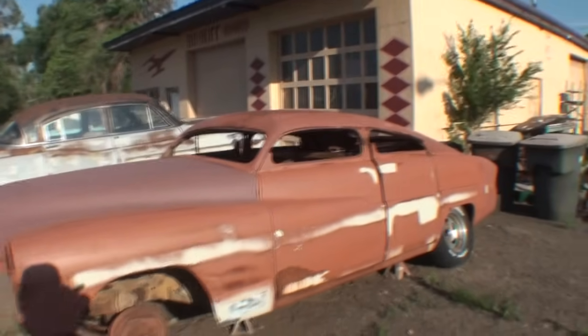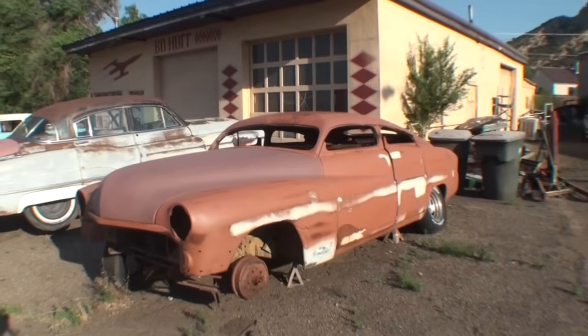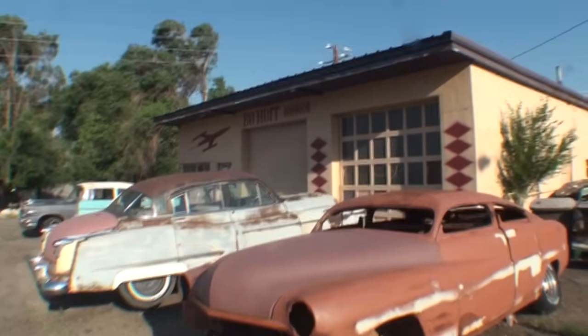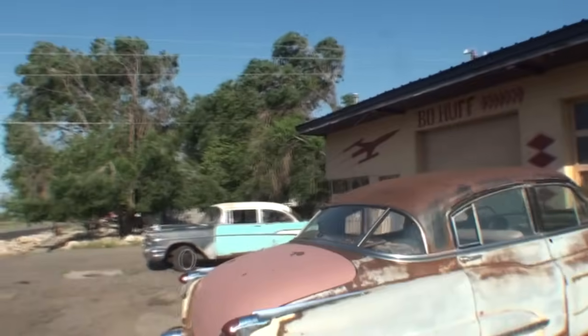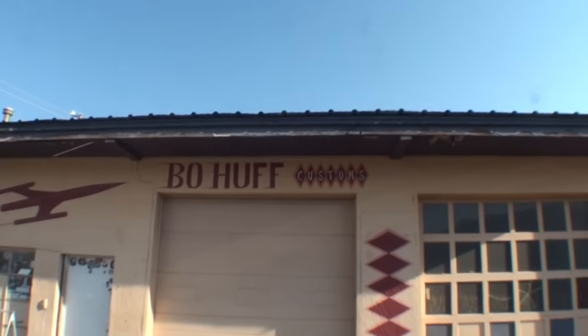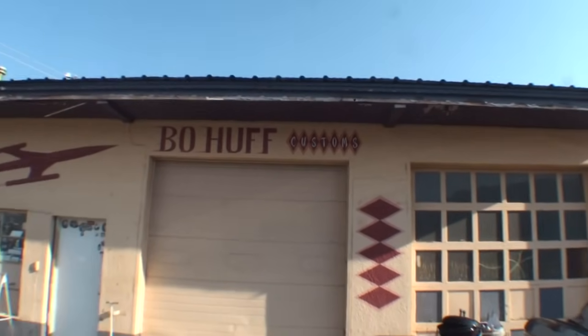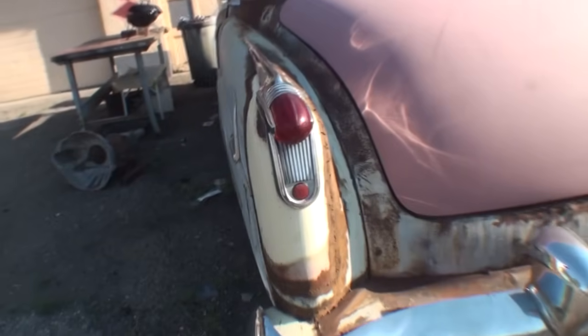So I don't know if this is like a relic piece of the Bo Huff garage, but you can see right there it says Bo Huff Customs. Mr. Bo Huff himself. Now he's a famous guy out here in Utah, and he was featured in some hot rod magazines. One of them was owned by Iron Horse, which when rat rods became popular, he was,